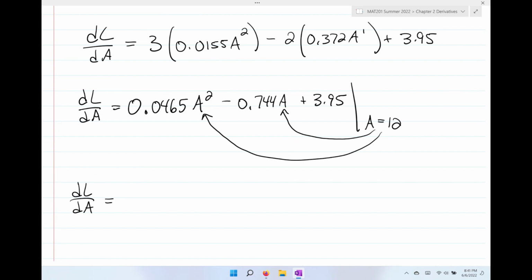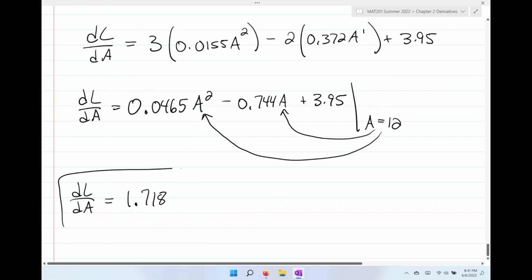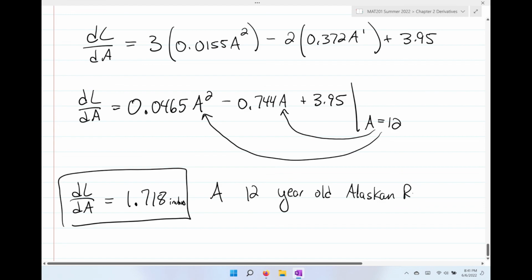If you substitute this in and use your calculator, you should get 1.718. And what is the length measured in? Length is measured in inches, so this will be inches. So a 12-year-old Alaskan rockfish should be, it's not going to be perfect, obviously, but it should be 1.718